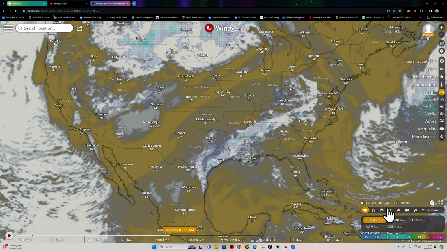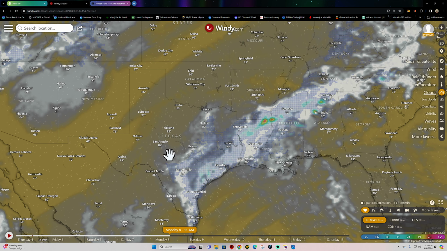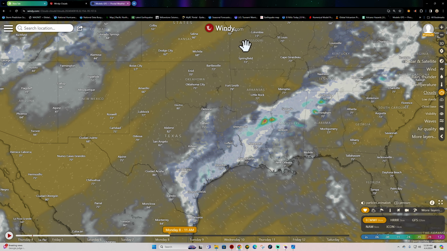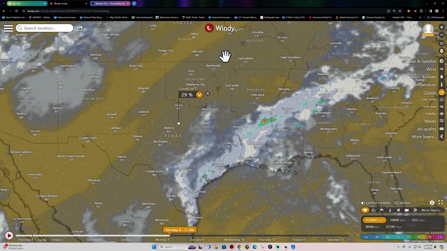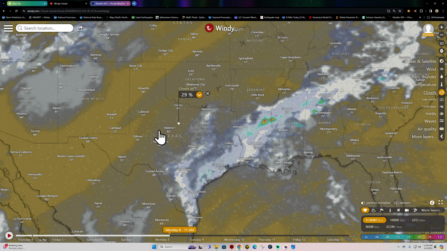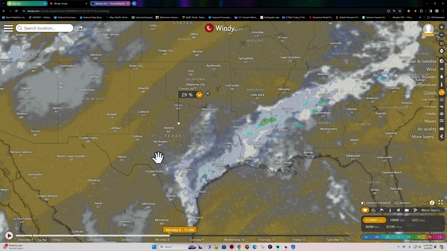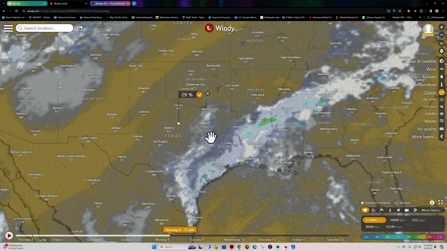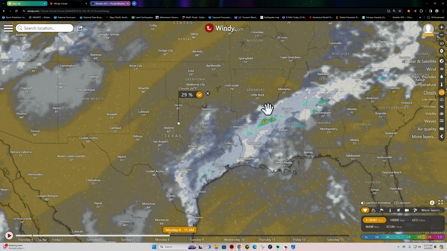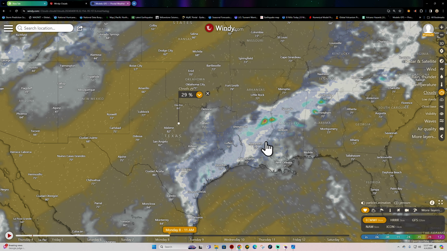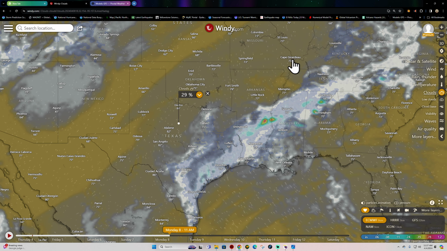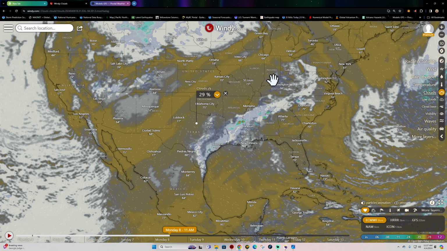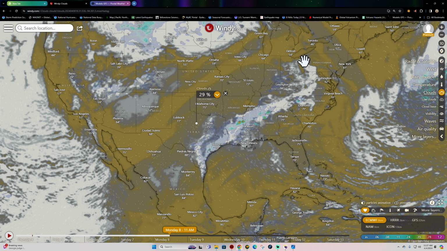Now, if we check out the European version of the weather forecasting, a little bit less cloud coverage. There still is some cloud coverage in the lighter gray area. I'm thinking these are going to be high clouds, and they're showing most of the thickness in terms of moisture back over eastern Texas. As you can see, it kind of trails off away from the totality line, which would stretch up here, something like this.